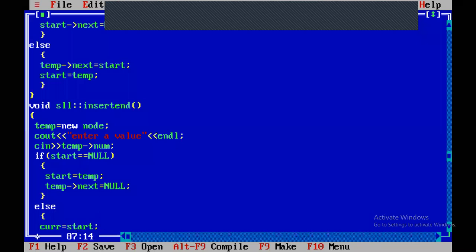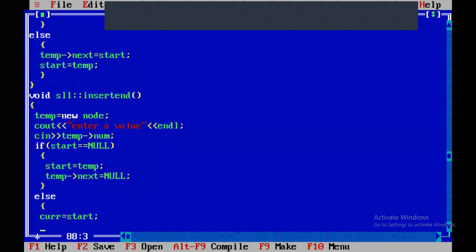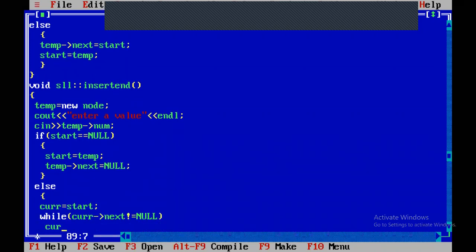We already know that the first node address is always stored in start. That address I assign to another variable called CURR. While CURR dot next not equal to null, CURR equal to CURR dot next.